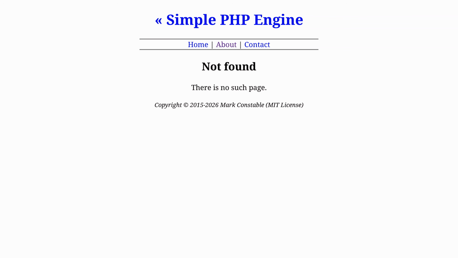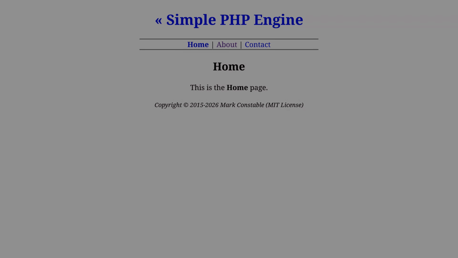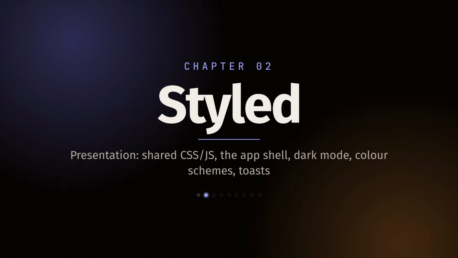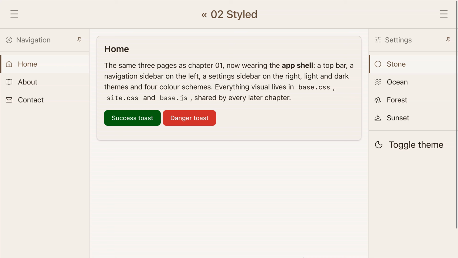Next, Chapter 2 gives the very same page a proper look: shared styling, dark mode, and an app shell. Chapter 2 takes the exact 3 pages from Chapter 1 and dresses them in a complete application shell. A bar across the top, a navigation panel on the left, and a settings panel on the right, and every